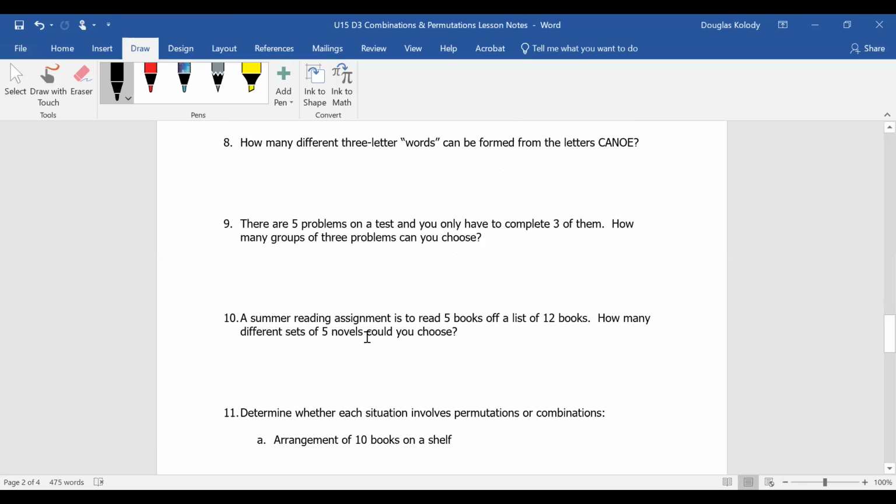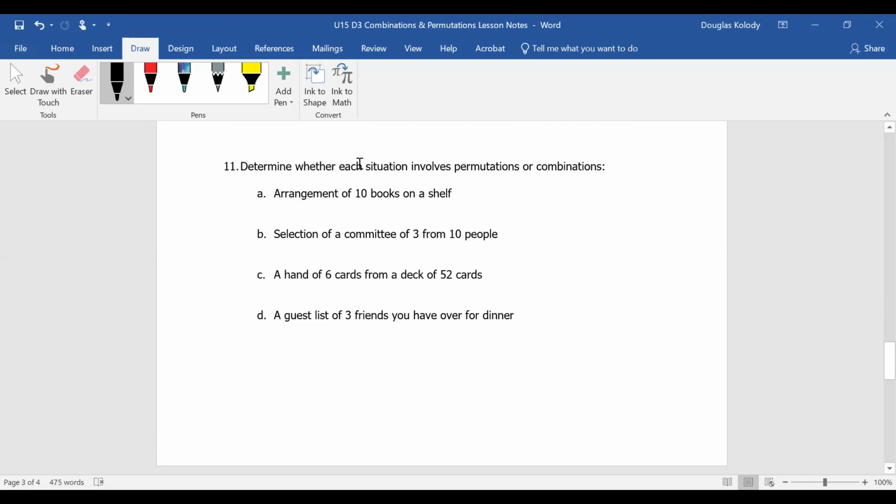Why don't we skip all the way down to number 11? Determine whether each situation involves a permutation or combination. Arranging 10 books on a shelf. Well,